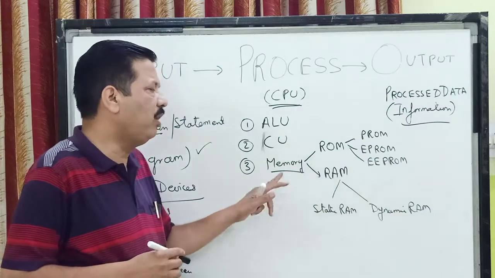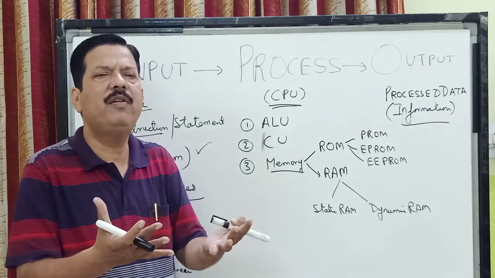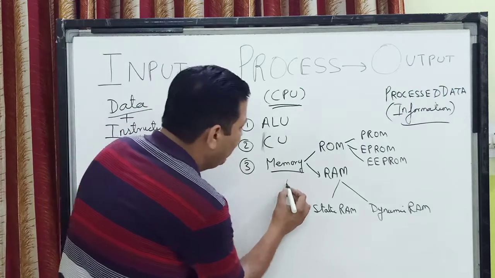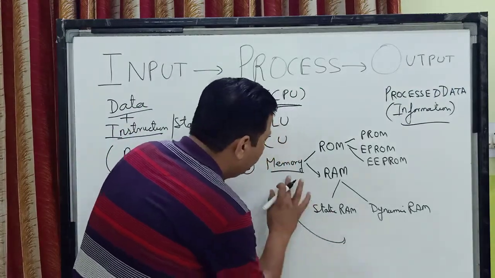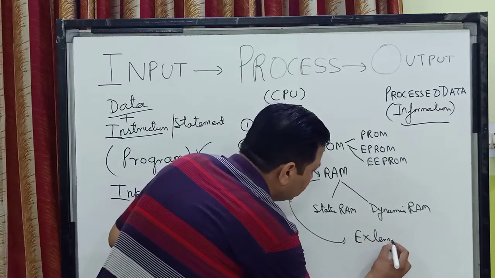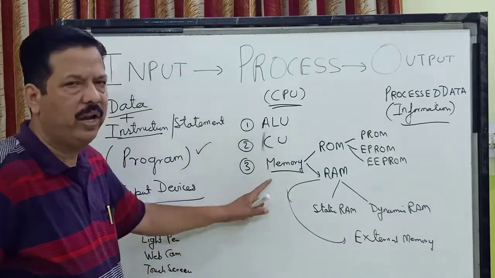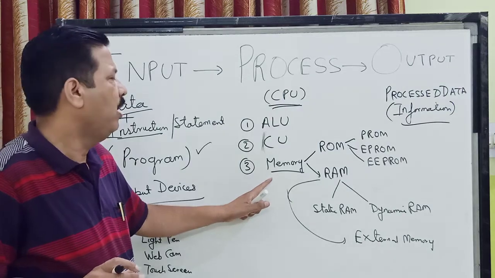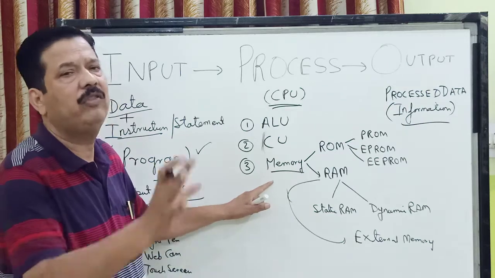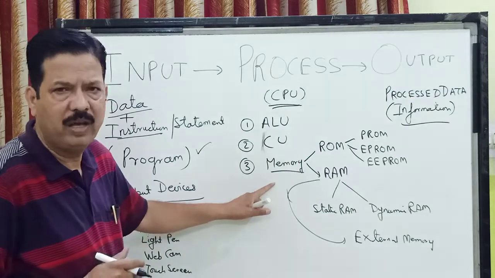In the same way children, if I have some programs or something made in the computer which I want for later use, I store it in another memory, which is called the external memory. And the memory which I was talking about over here, which is inside the CPU, we were calling internal memory. In the cabinet, sometimes we have a hard disk also. Hard disk is not an internal memory. It is attached outside the CPU in the cabinet of the computer.